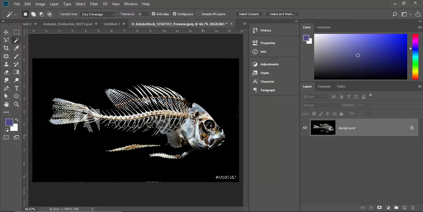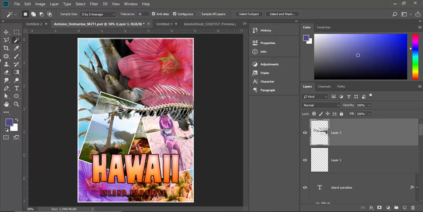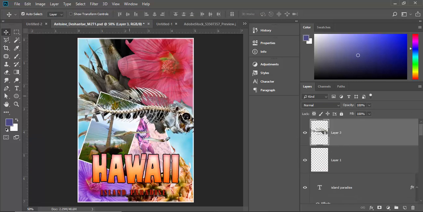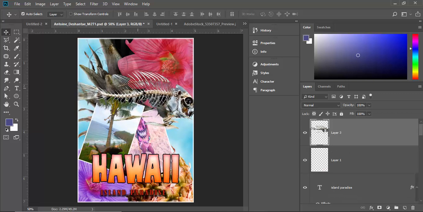So what I want to do is I'm just going to do a Control C, and I'm going to paste it over to another image. And you can see the transparency between the bones. And then down here at the bottom, we don't have it because I didn't go over it. So black